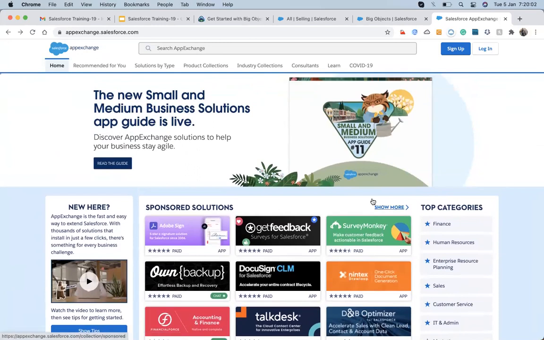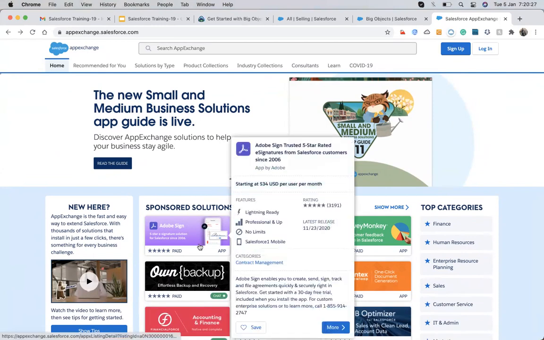Salesforce is also saying that as an admin, you should first visit the App Exchange and find an app that will solve whatever the business problem is. At that time, you just come up here, search for your issues, or talk with them. They will suggest which is the best app you can take, and it will solve your issue.